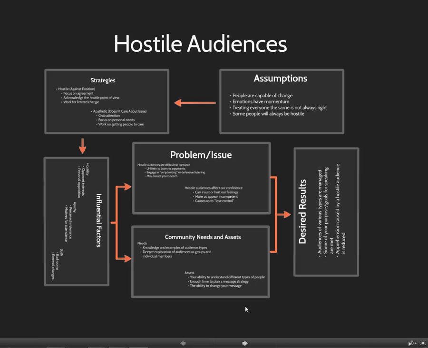This is the second in the Prezi series, which tends to resemble the logic model that you will have to use for your logic model speech. And rather than talking about logic models or proposals generally, we're going to approach an issue of hostile audiences using this program planning logic model. Now, it's not exactly planning a program.